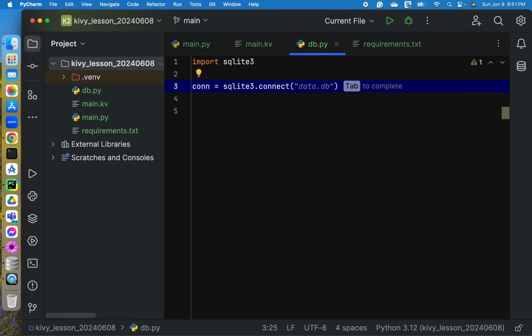So connecting, if it's already created, but if not, it will create the database based on the name that you have specified here in the parameters.